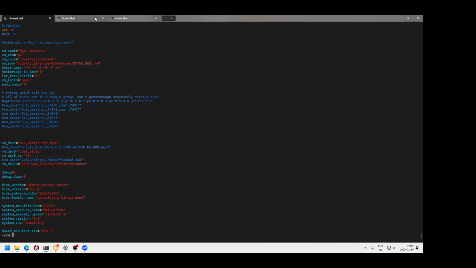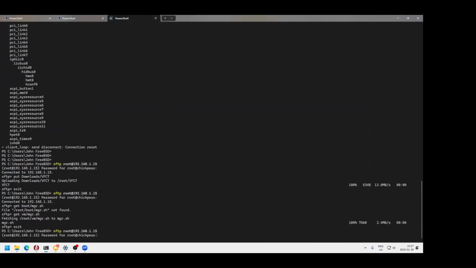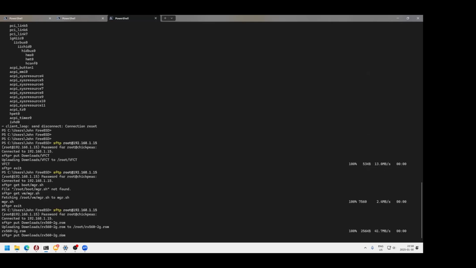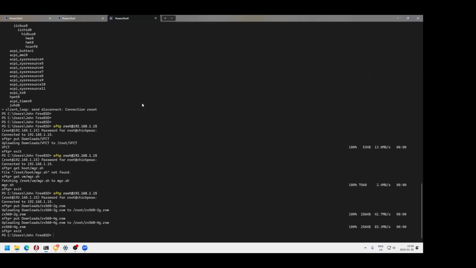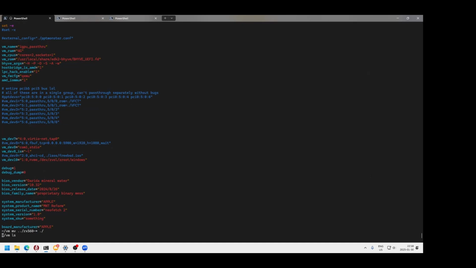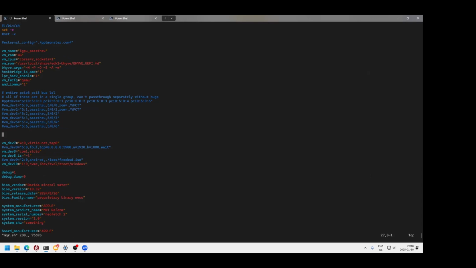Here we go. Let's do SFTP again. Put downloads RX 560. We don't have tab. Cool. And 4G. Exit. Just select, what's the GPU ID? Oh, I just remembered it. It's PCI 0100. So what do we do is